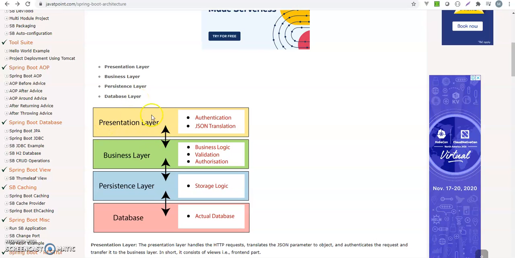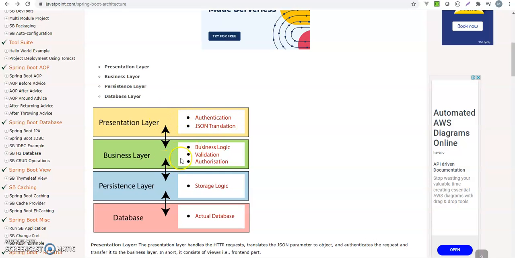In the presentation layer, you should have authentication and JSON translation. That is, whatever login information the user uses will be used for authentication. After that, you get in, and there will be business logic. The business logic needs to be validated with the